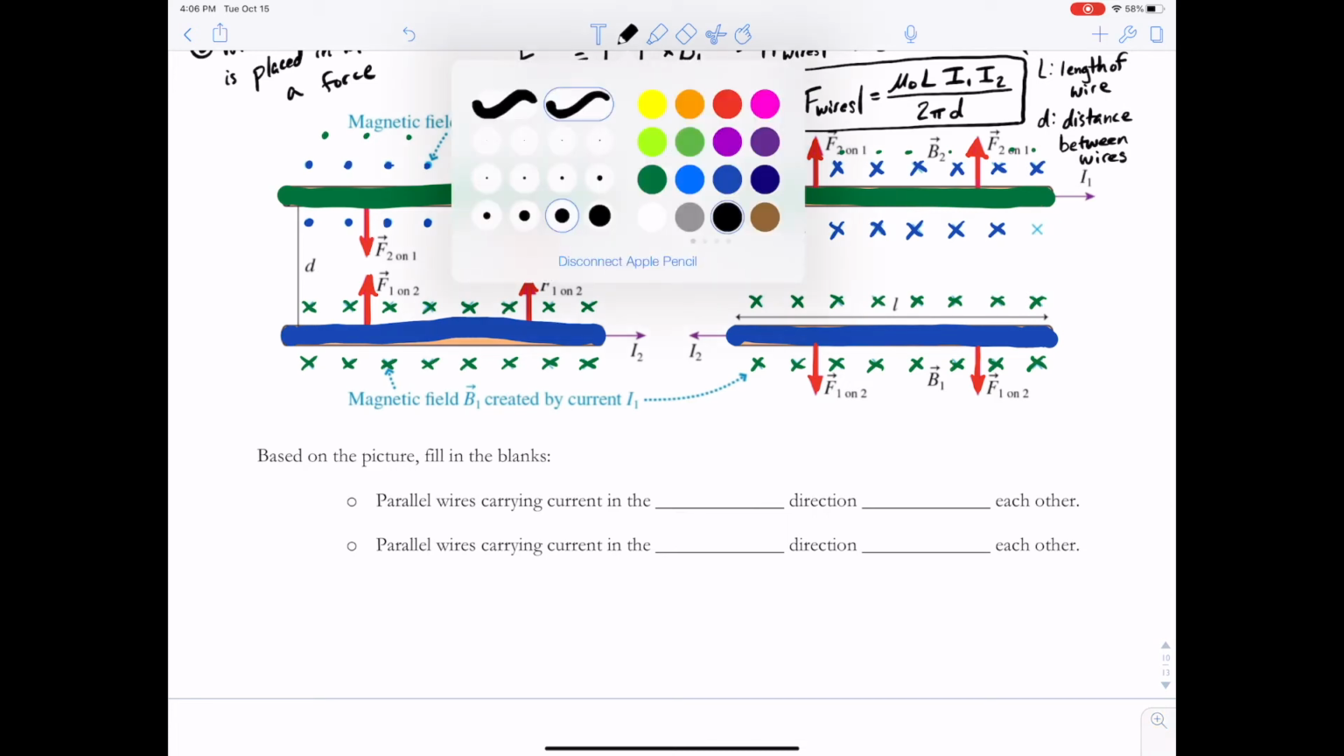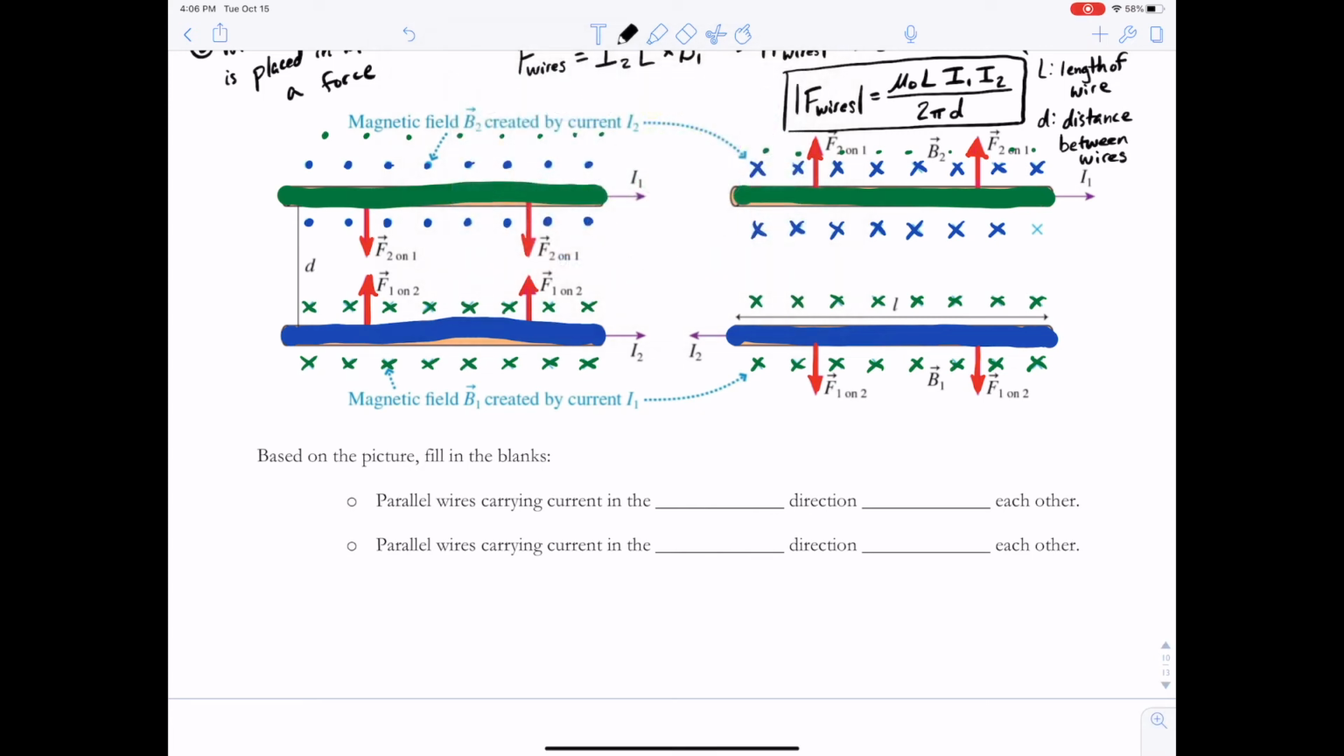And this is actually opposite of what we're used to. So let's write this down before we forget. So fill in the blanks. Parallel wires carrying current in the same direction attract each other, and parallel wires carrying current in the opposite direction repel each other. And so let's make a note, because this is the opposite of what we're used to, where